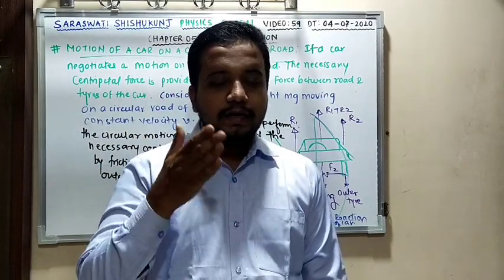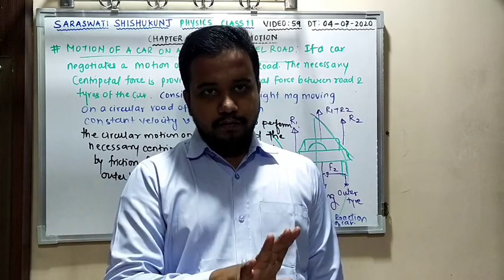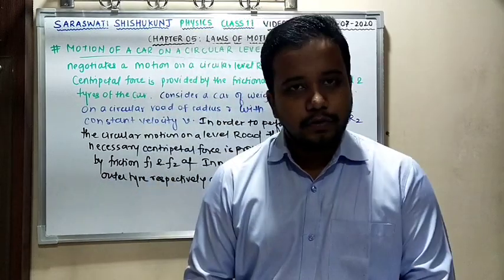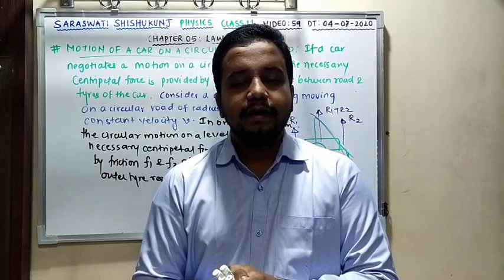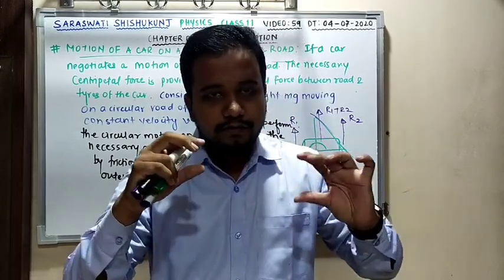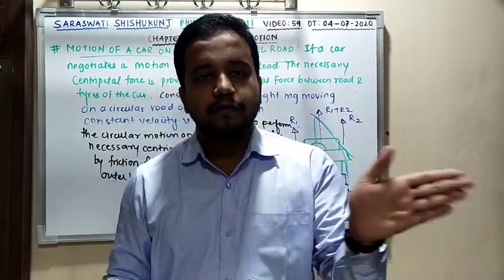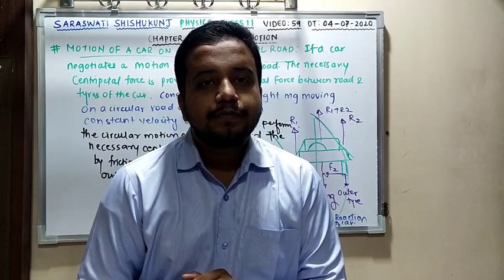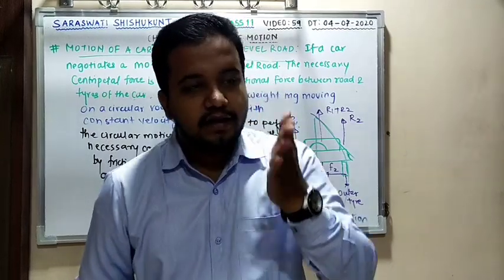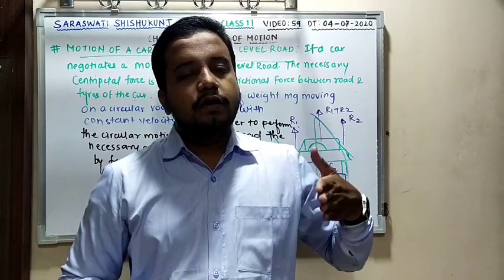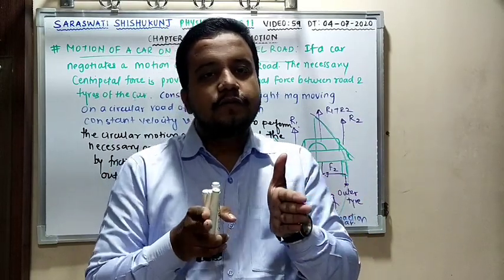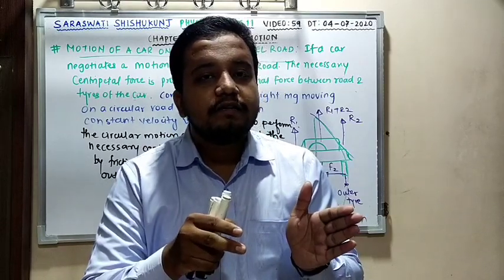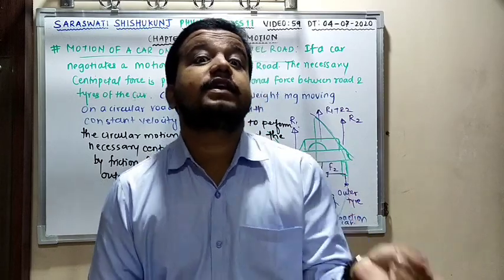If the frictional force does not provide the necessary centripetal force, what will happen, you know? If there is not sufficient centripetal force, then the wheels of the car while moving on a curved road will tend to move off road, or will try to move in a straight line rather than on the curvature. It will not move on a curve, but the wheels will try to move straight. If the wheels try to move straight, what will happen? They will start moving on a circular track with radius greater than r.